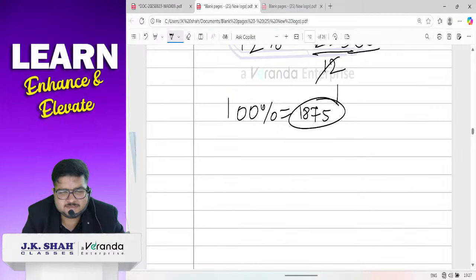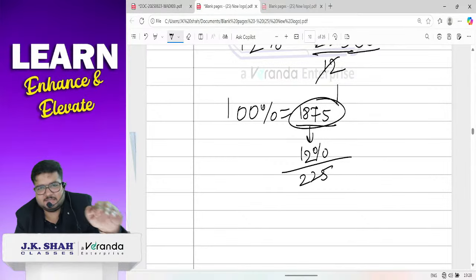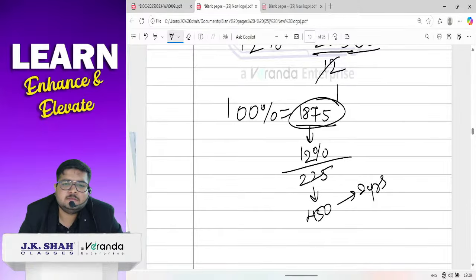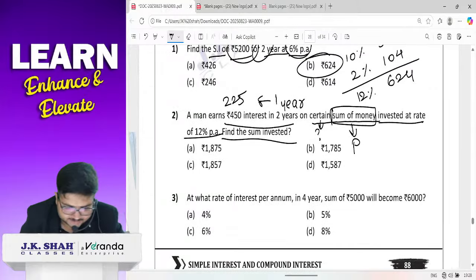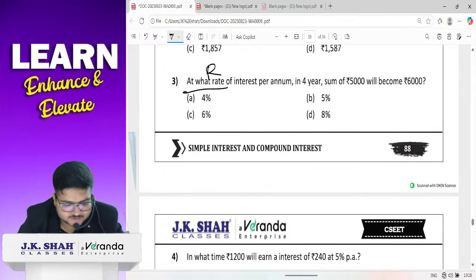That means, in simple words, on 1875 he got 12% interest, that is 225. But 225 was never written in the question. It was written that he earned 450 in 2 years. This was the summary of the question. Let us move forward to the next question, where we have to find the rate